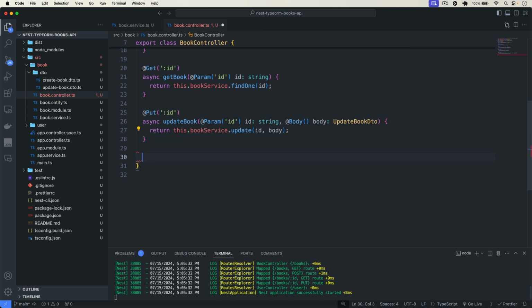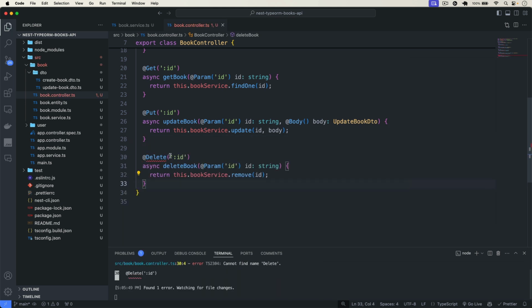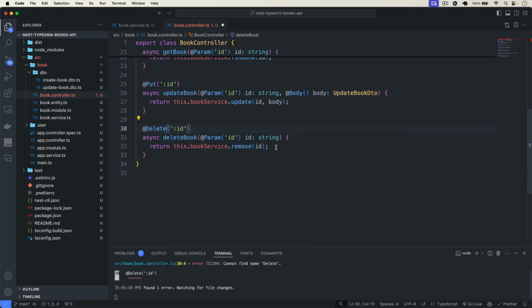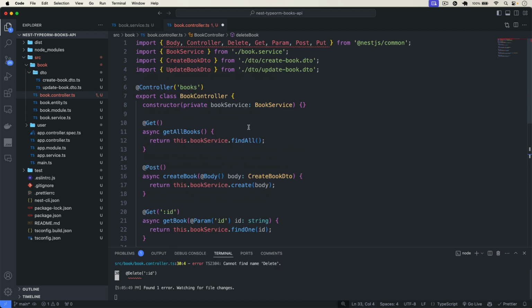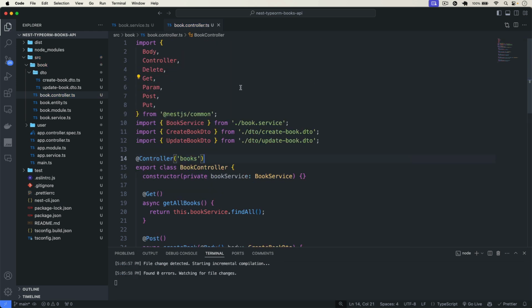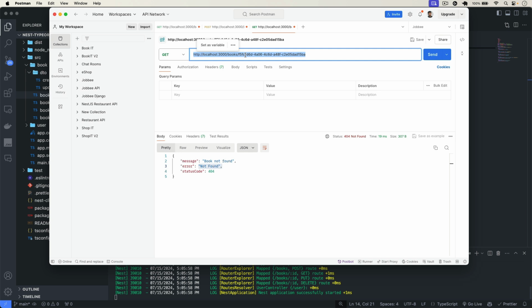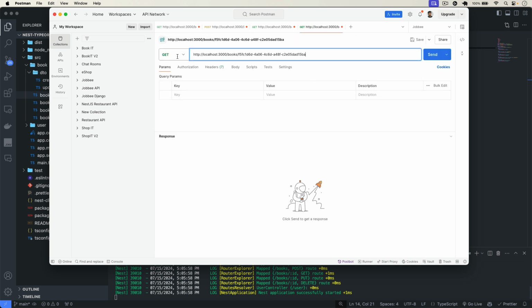In the same way, we are going to have in here our delete decorator, in which we will get our ID, and we will pass that to this remove. Okay, and then simply save it from here, and that is it. Now let's test these routes. So I can simply copy it from here, put that, and that is going to be put, and in the